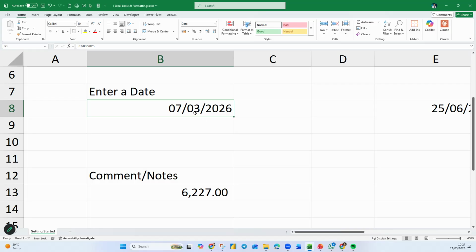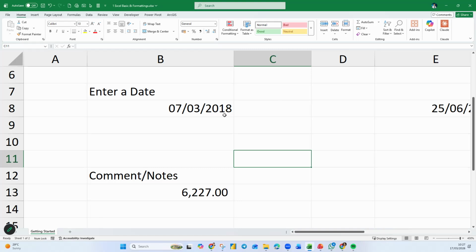So never do this in your presentation or your printout. Never use this kind of format. It will confuse people. For those in finance, if you do this, your auditor will come and ask you, is this July or is it March? Assuming this is 2018, that is about 8 years ago, so you have to go into your storeroom, look for that piece of paper and check whether it is July or March, isn't it? So your auditor is going to give you a hard time if you do this.